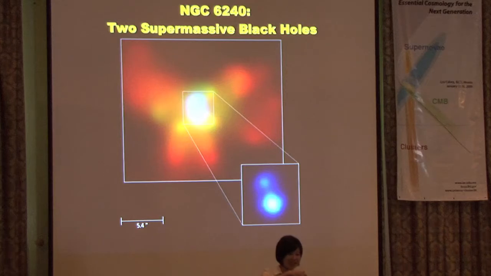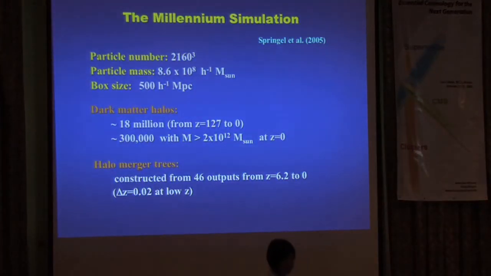So we actually need to track not just a snapshot of an output from a simulation. We need to know who goes into what halo. We need this entire ancestry, this tree of halo mergers. That made the calculation somewhat more complicated, and that's where large numerical simulation becomes extraordinarily powerful. So I'll describe some work I've done in the past 2 years with my graduate student, Onsi Fakhouri, at Berkeley.